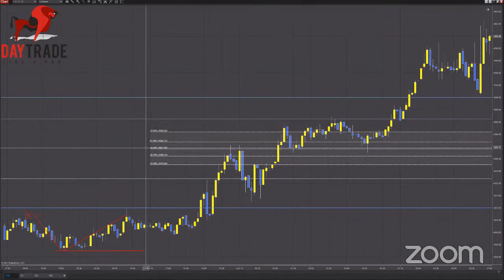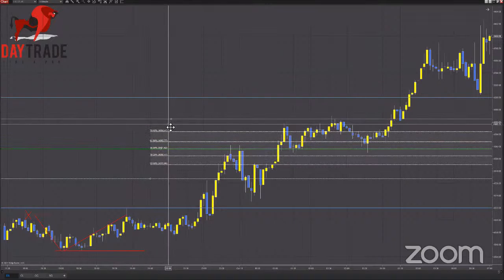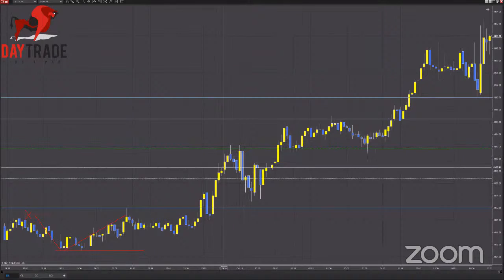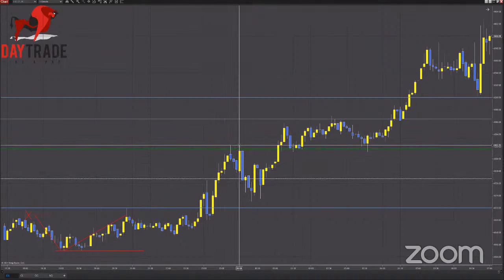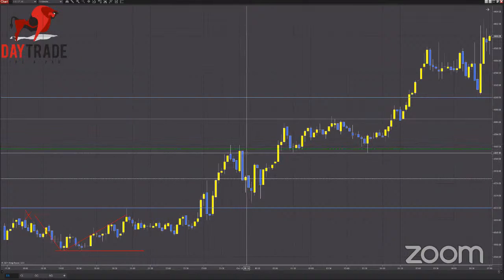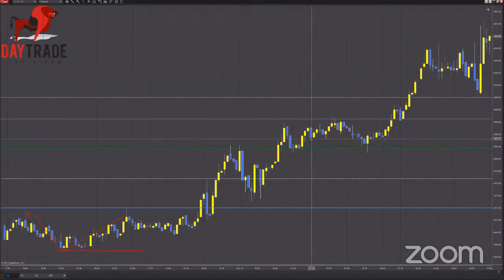So let's just mark the 50% level, and I'll erase the fib. Okay, so that's the 50% level. Notice the break above the prediction point basically just probed the 50% level. And then it broke the 50% level, came back and tested it, came up to the CP, back to the